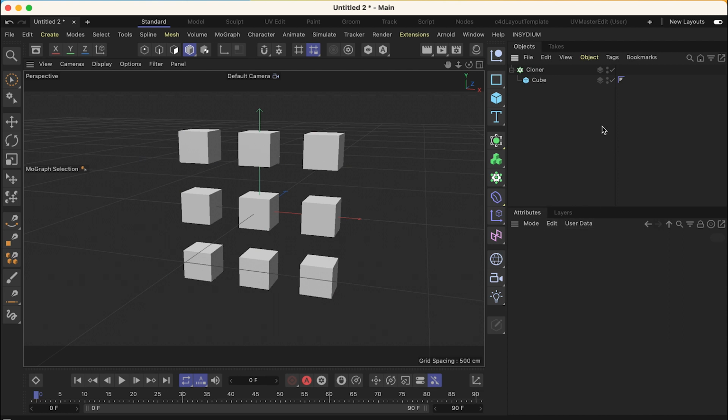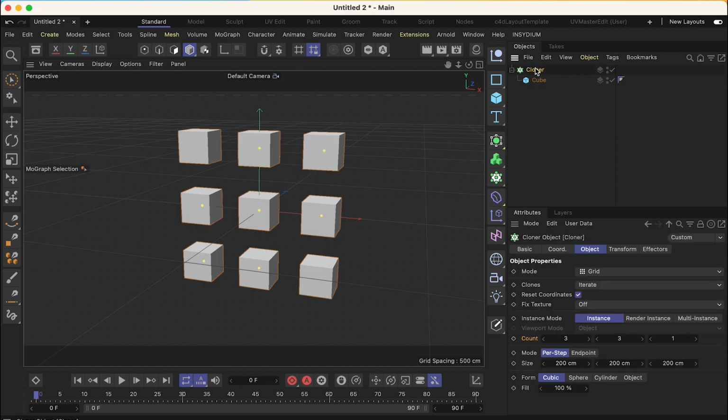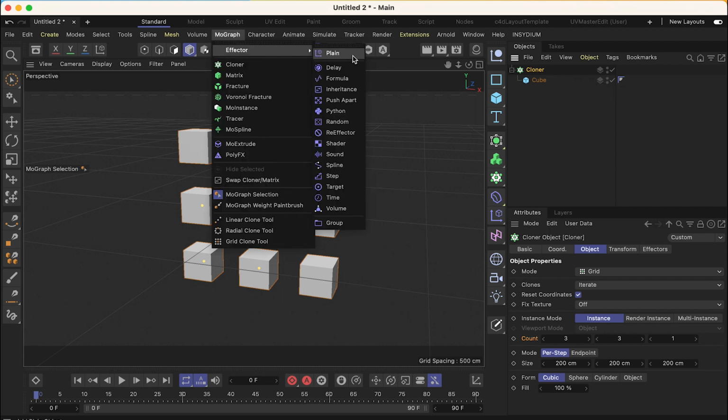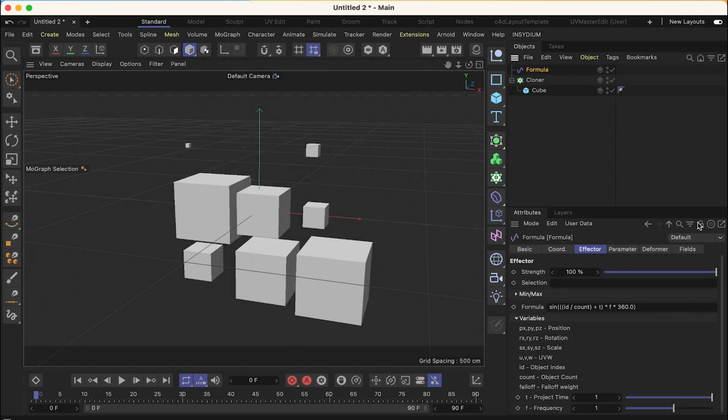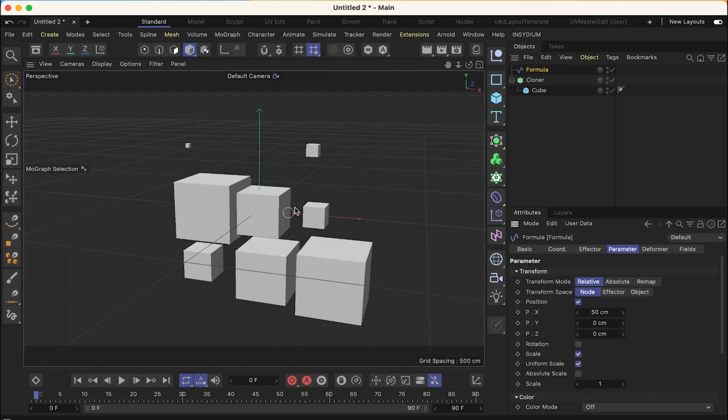All right, now that that's set up, I'm going to show you our first method for MoGraph selection, which will be using the formula effector. So with my cloner selected, I can come into the MoGraph tab and add my formula effector into the scene. Now right away we can see how that's starting to affect our cloner,